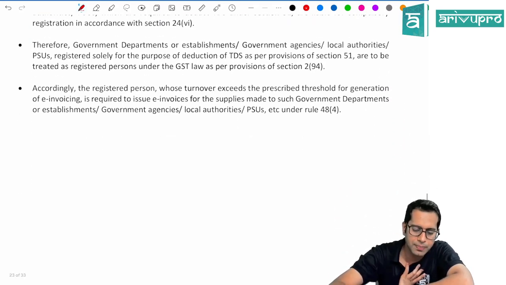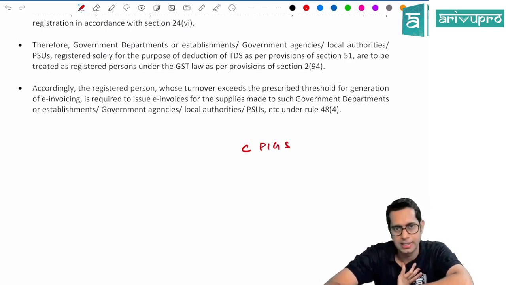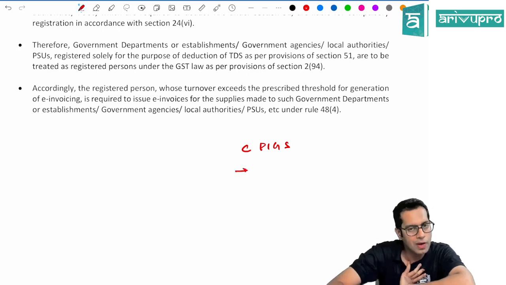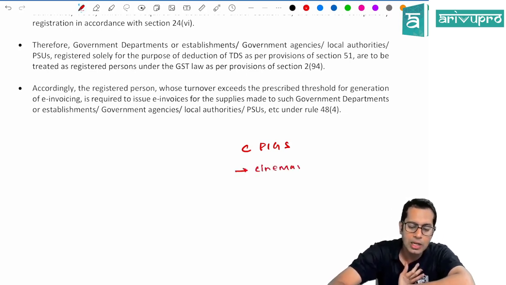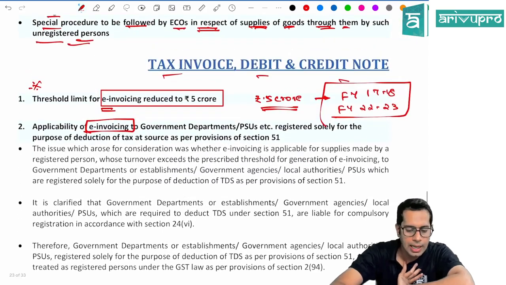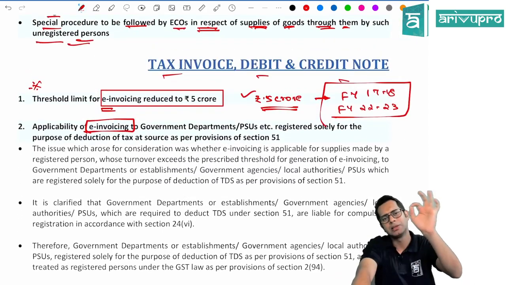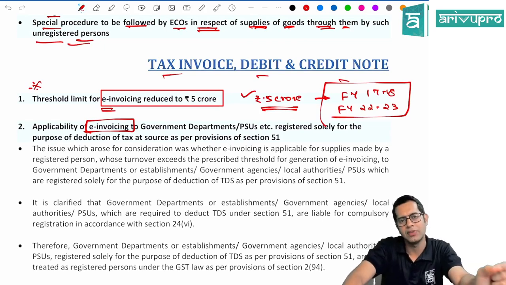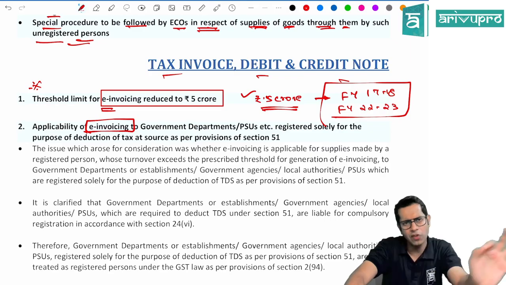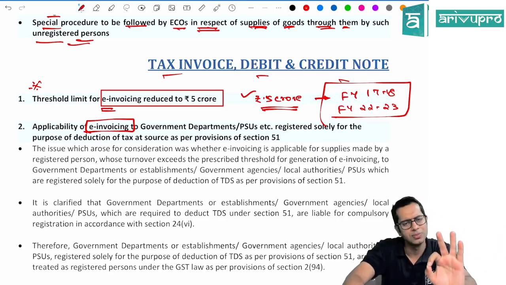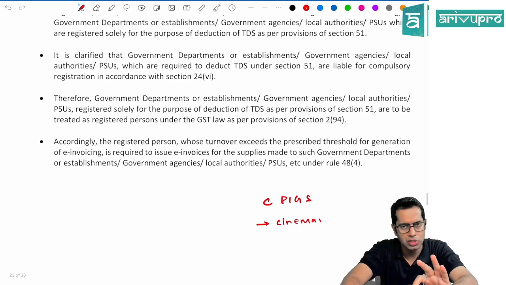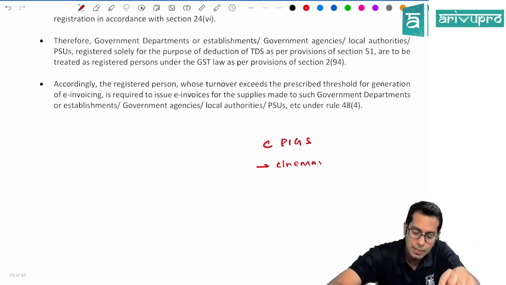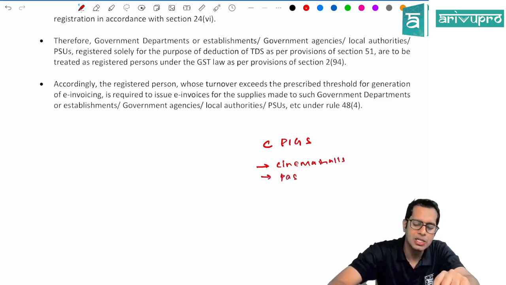See, if you remember, we saw that e-invoicing is not applicable for CPICs. Who are the CPICs? Cinema halls. See, normally who is required to follow e-invoicing? Any person whose aggregate turnover is more than 5 crore rupees, starting from 17-18 to 22-23, in any of the years, then for you the e-invoicing provision is applicable. However, it is not applicable if you are cinema halls,